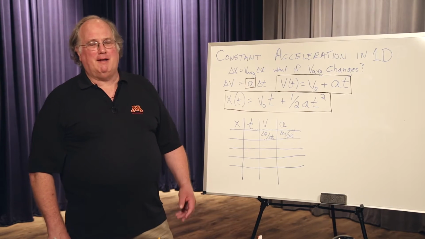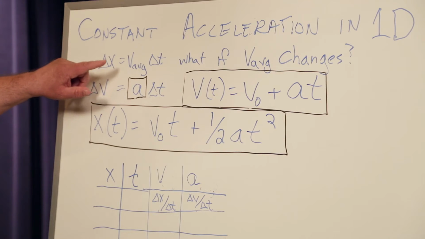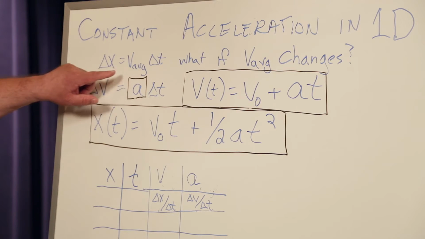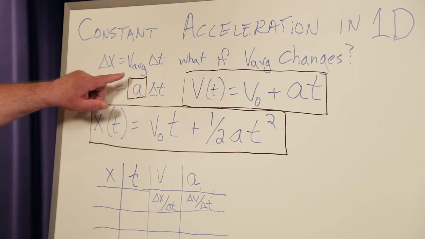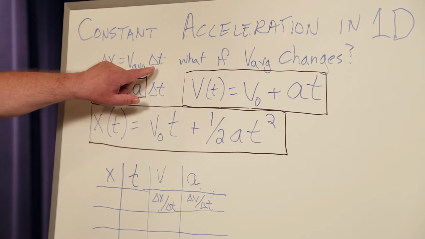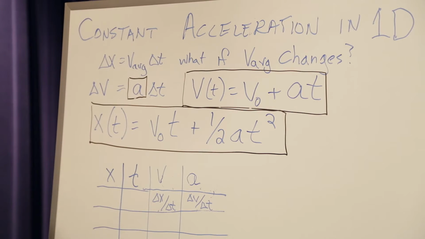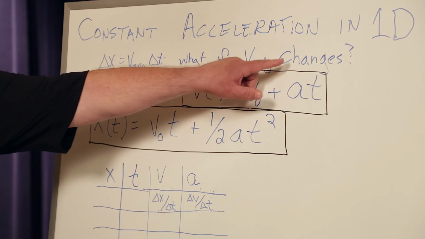So how does the math on all this work out? Well, last week we talked about constant velocity motion, and we found this equation applied. If you had a constant velocity, you could take that velocity, multiply by the time that goes by, and you get the displacement. But what if v changes?